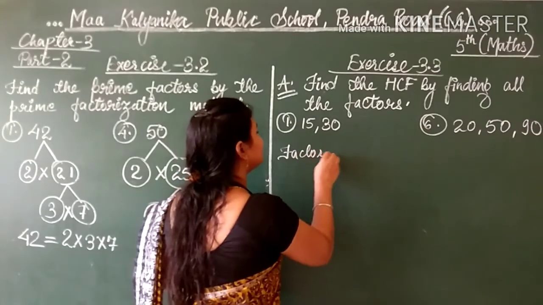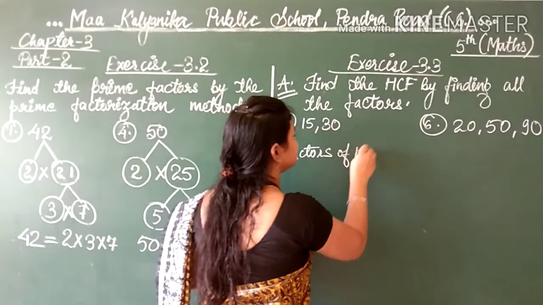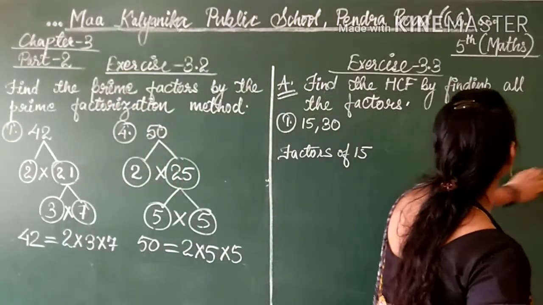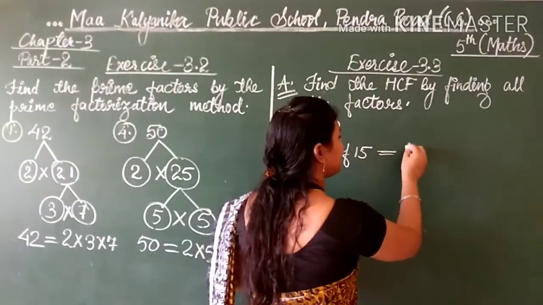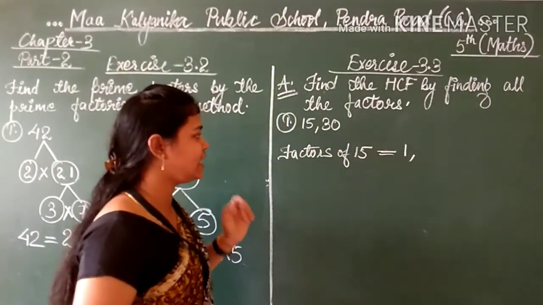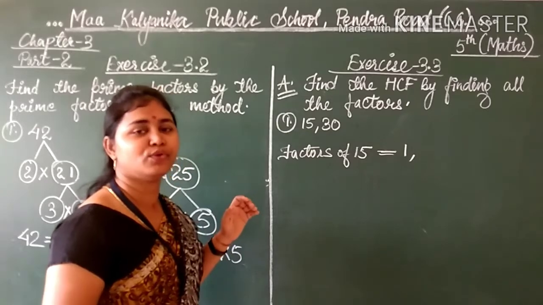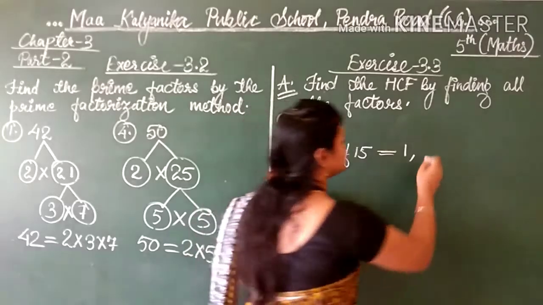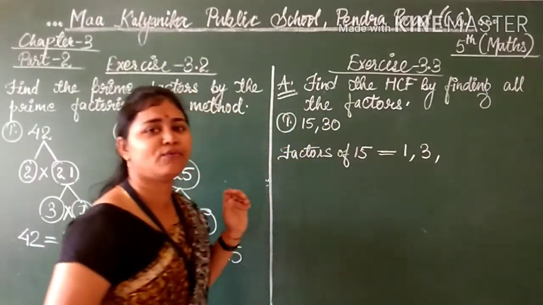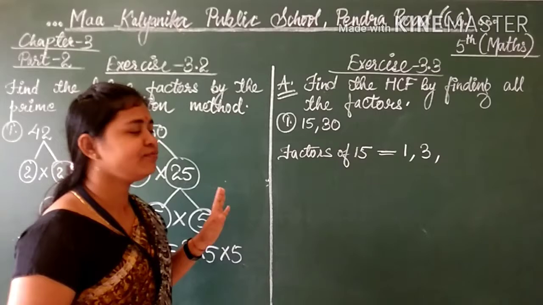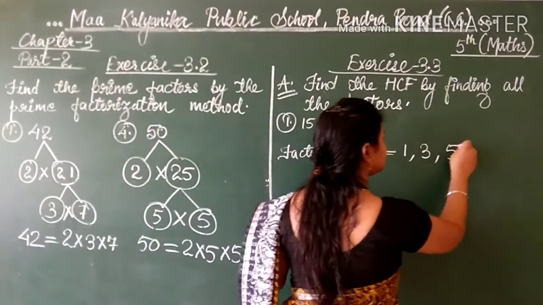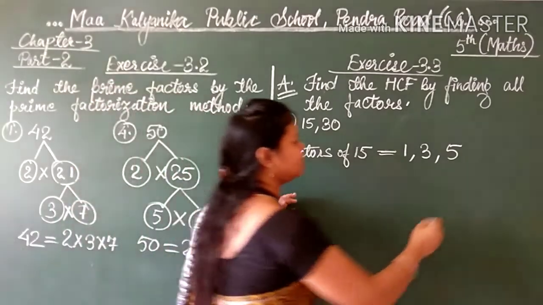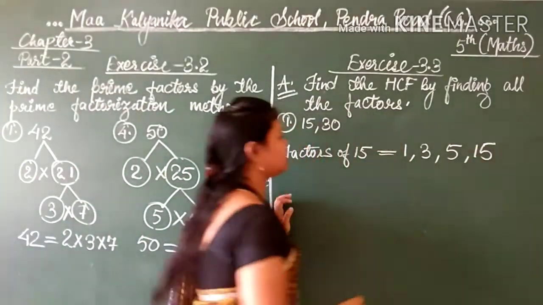So we will write factors of 15. So what are the factors of 15? Students, see. 1 can divide 15. Yes, in the table of 2, 15 does not come. Then in the table of 3, 5 3s are 15. So of course 3 is coming. Then table of 4, no. 5, yes, 5 3s are 15. Then 6, 7, 8, 9, no. 10, no. Directly 15. So these are the factors of 15.